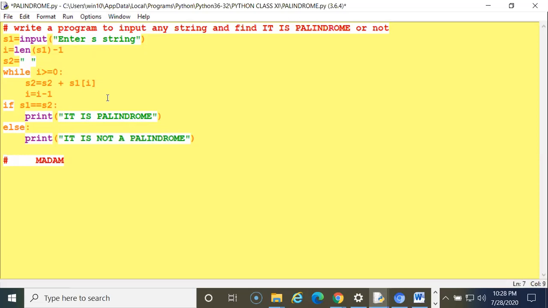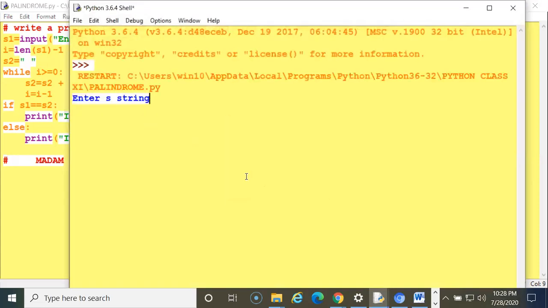So try this program also, and when I run my program, see I have to input a word, so I am inputting this.